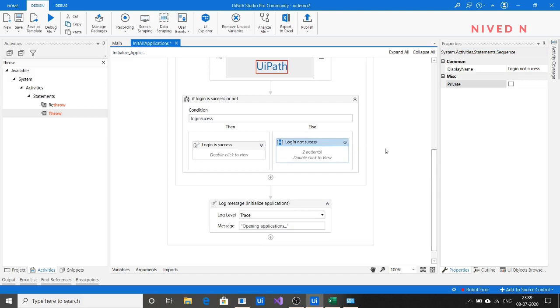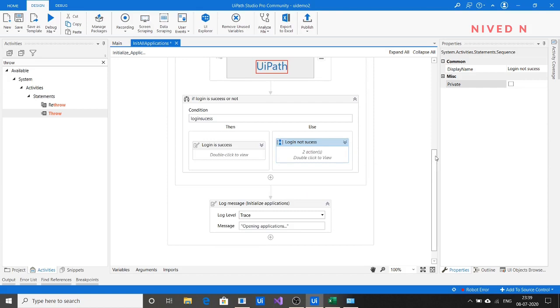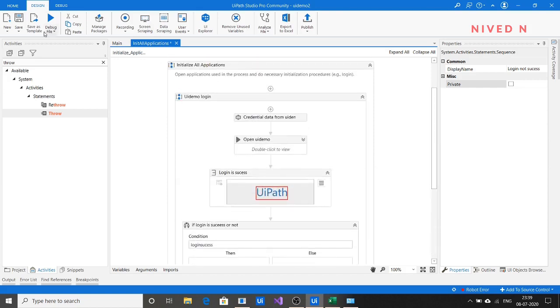So you have understood that if login is not success, we have to throw an exception. The advantage of throwing this exception I will tell you later when we complete the workflow, so that you can have a better understanding at that time.